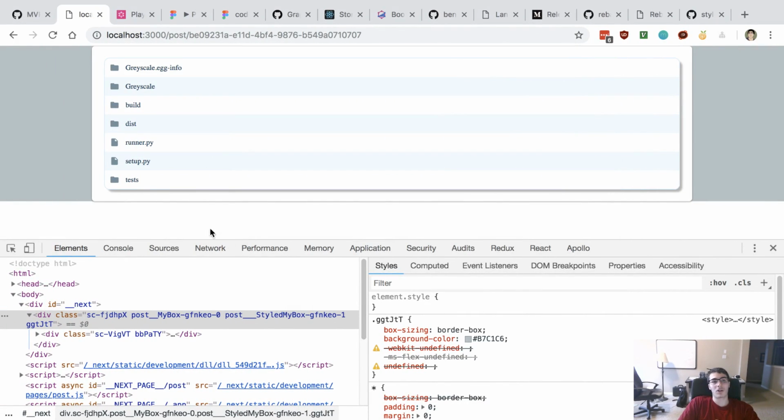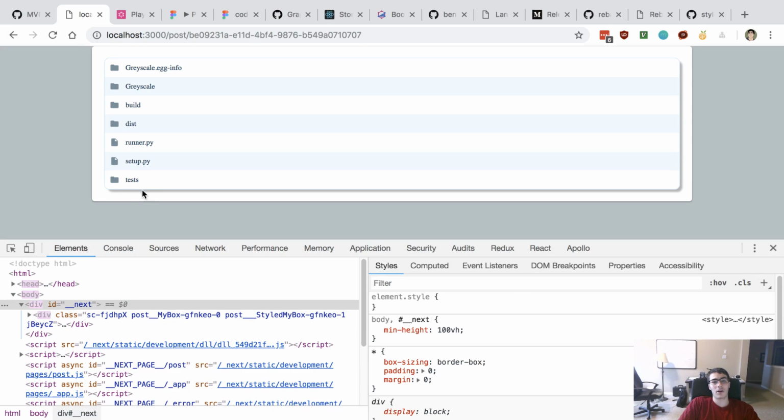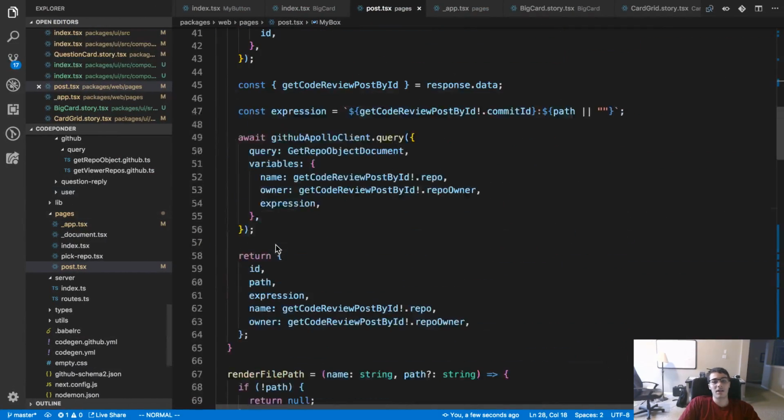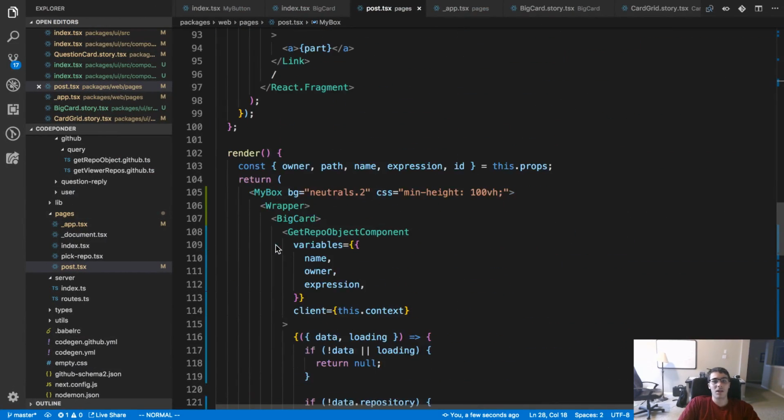Alright, let's see if this works just without the CSS. Okay. So it looks like the CSS prop is just straight broken.